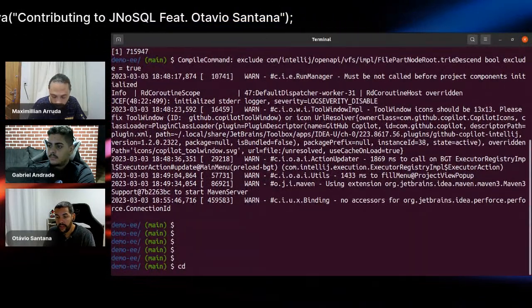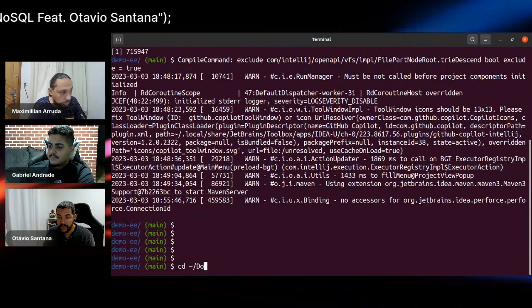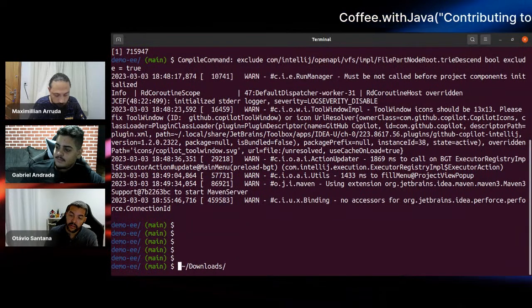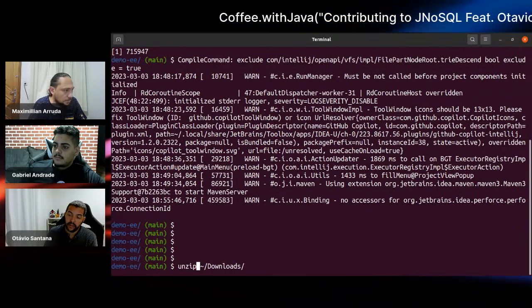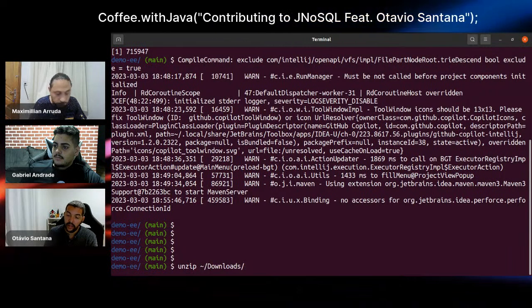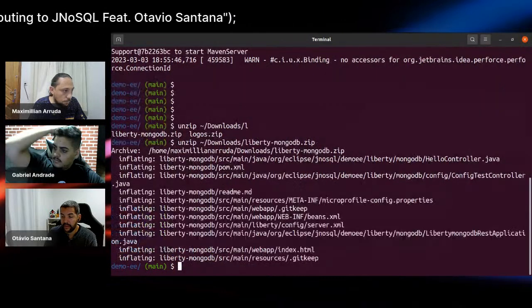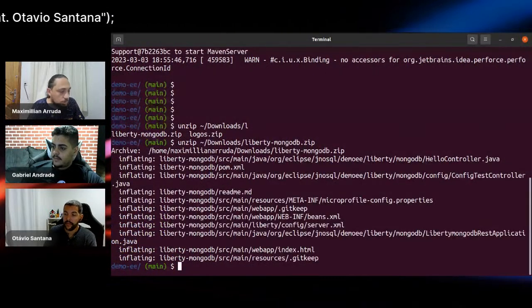So I go to the download down here. Actually, I think that I could just unzip it directly to this. Yes, you can unzip and move it. It changed.